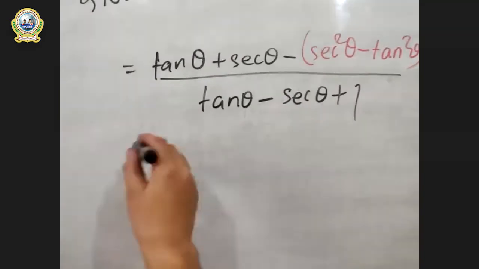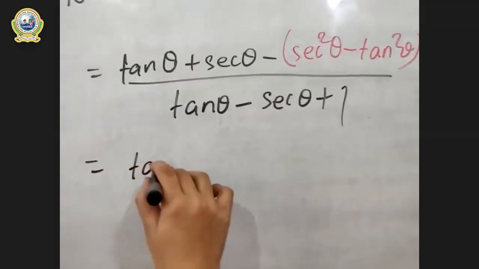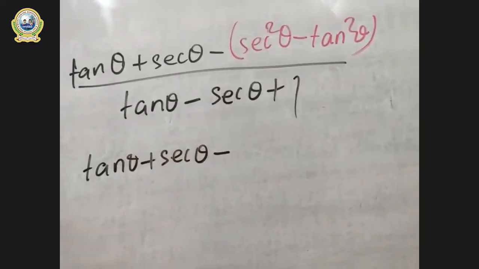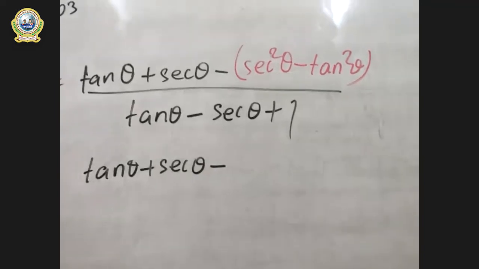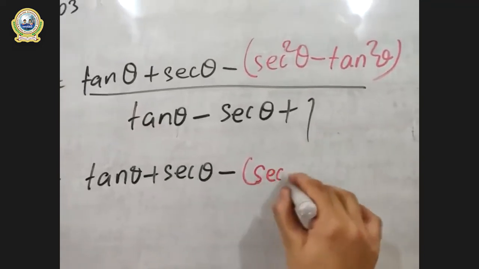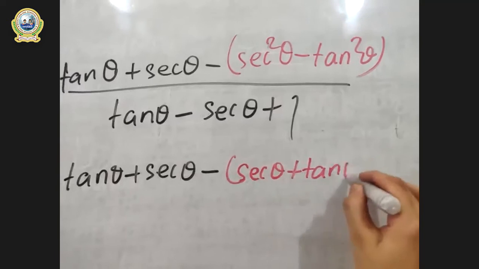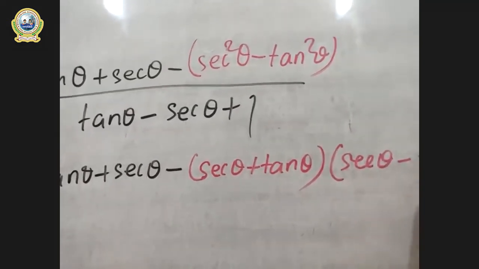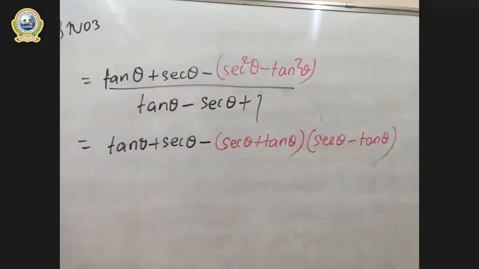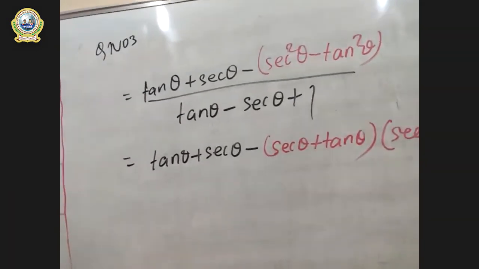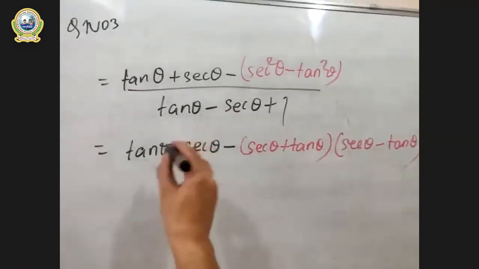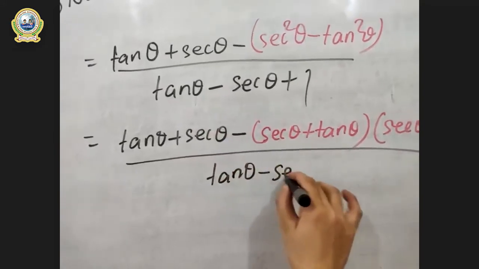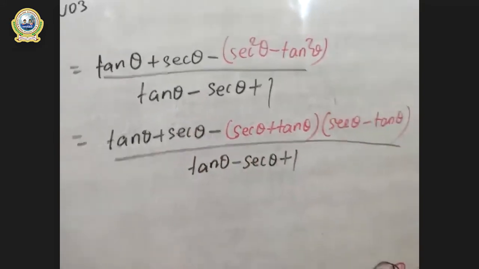This is very clear, right? So now let's use the formula a square minus b square. So tan theta plus sec theta, this is as it is, minus is as it is, right? So in the right part we do have a plus b, a plus b, and a minus b, a minus b. Is it clear? This is now the a plus b, a minus b formula. Are you clear about this? So in the denominator part, now the same one is to be copied. And I think you are experts in copying and pasting, right? I have heard so. So look at this.